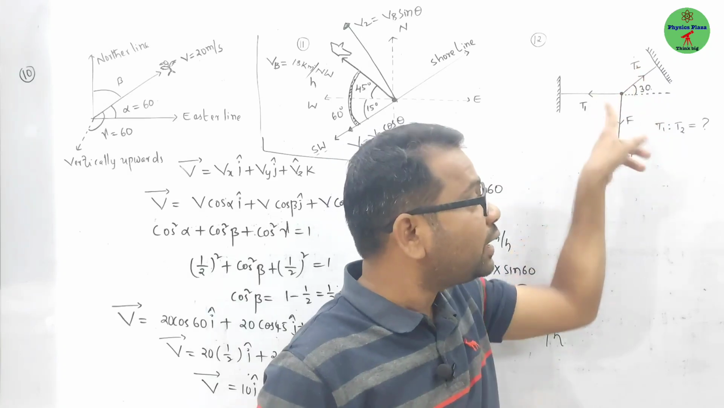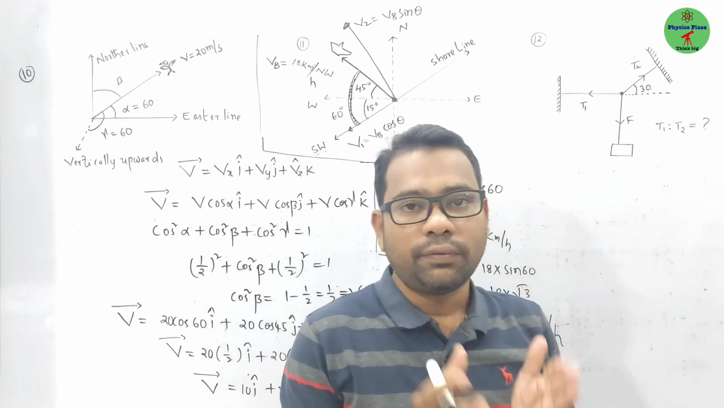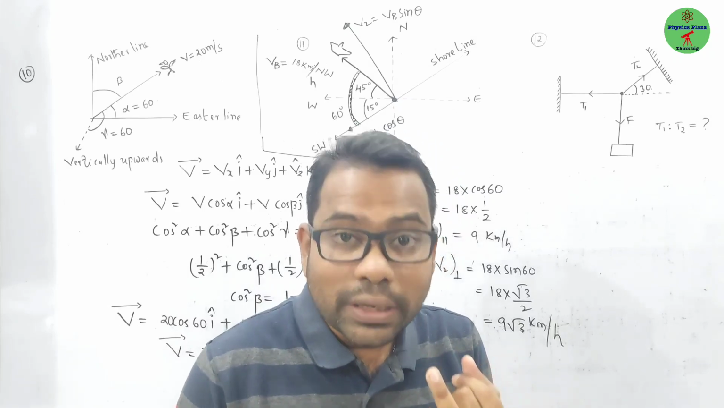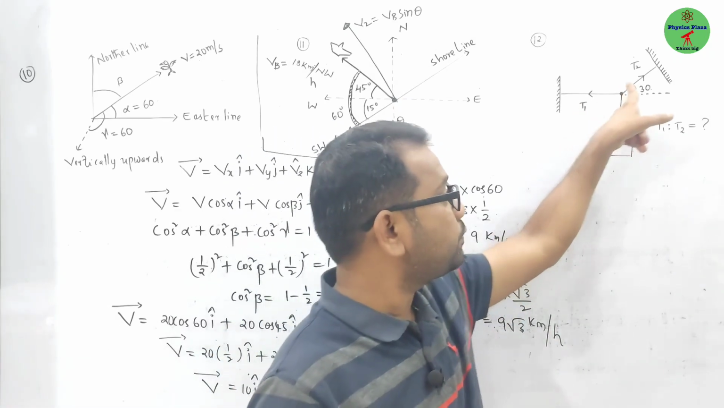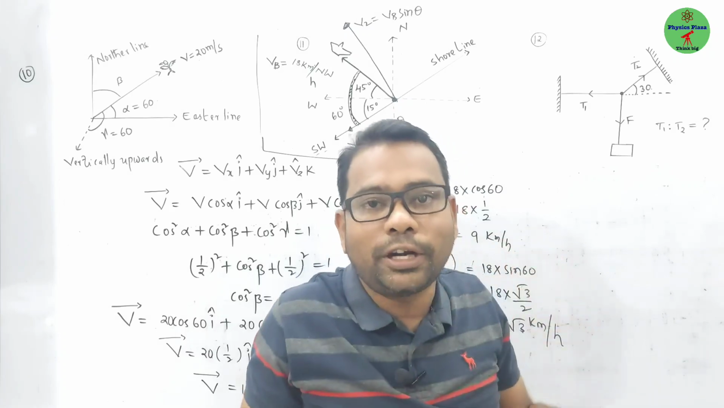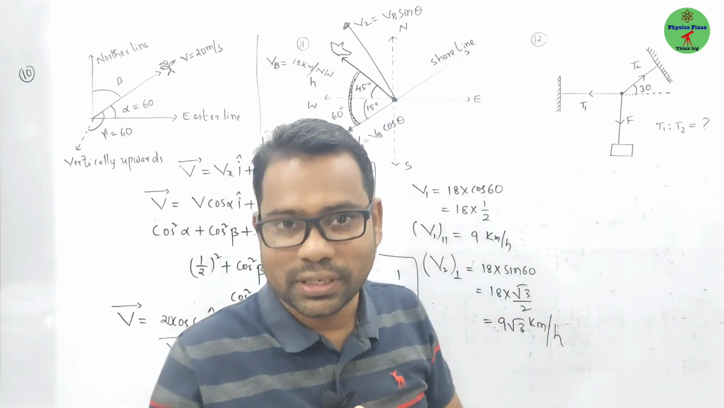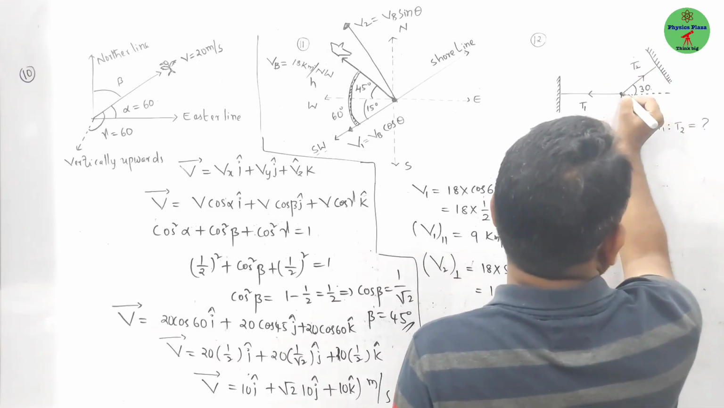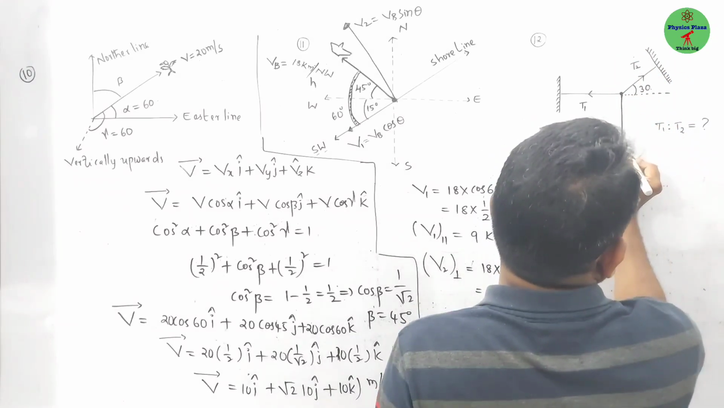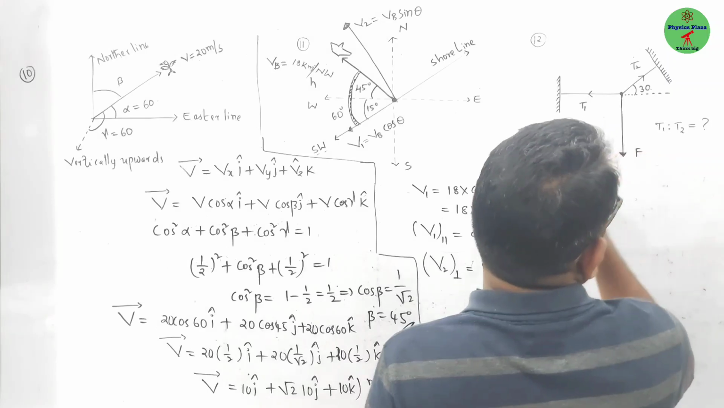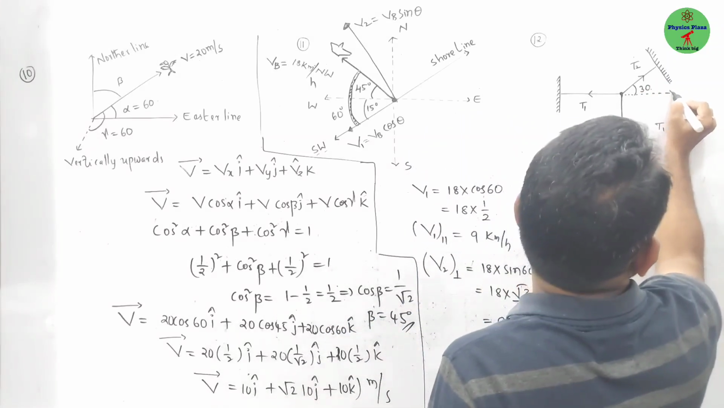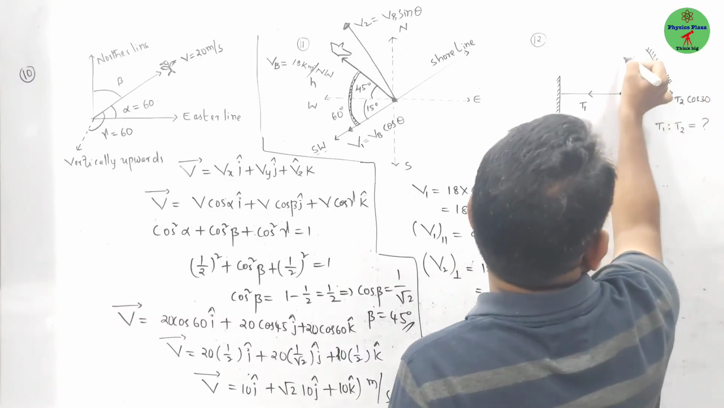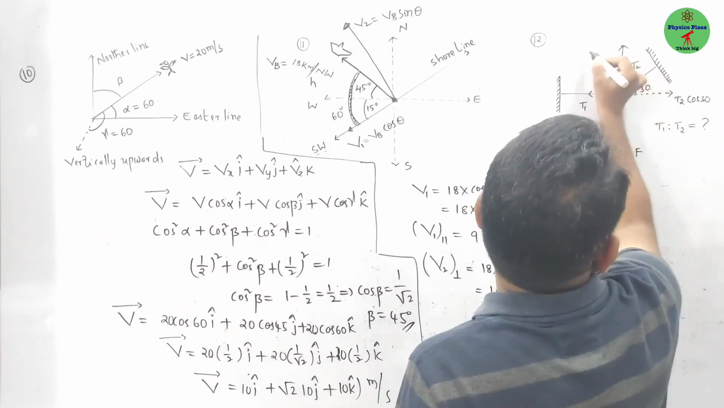Now they are asking us to calculate the ratio of T1 and T2. First we must know the T1 value and the T2 value. For that, these tension forces have to be resolved into horizontal and vertical components. Let us do it. Let us say force F is acting like this. Okay, fine, children. First T2: this is going to be T2 cos 30, the horizontal component, and here is T2